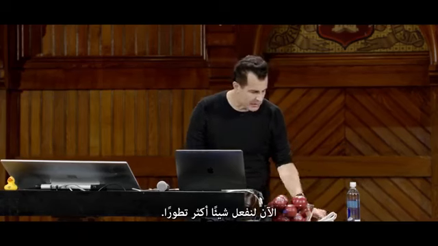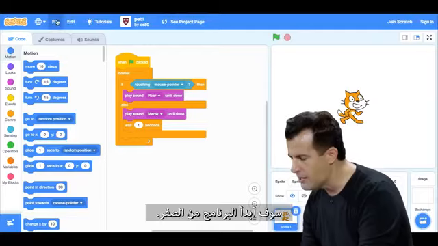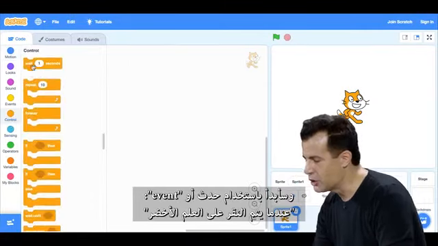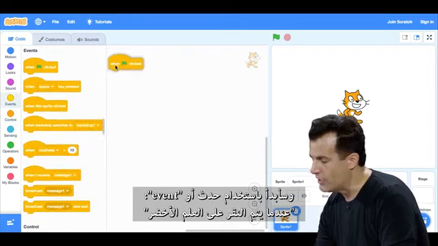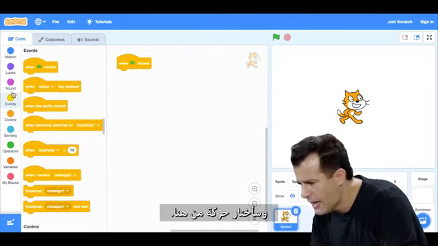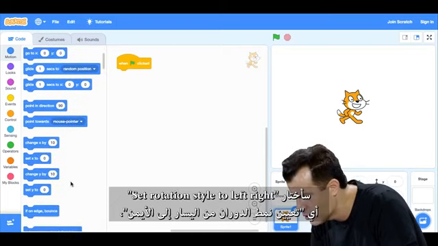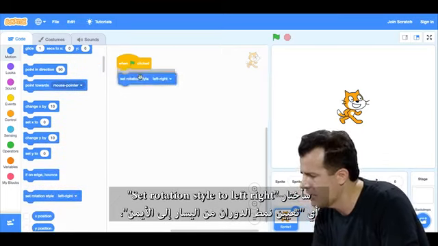Well, now let's do something a little fancier still. Let me go ahead and make this one from scratch, no pun intended. I'm going to start with an event, when the green flag is clicked. Let me grab some motion here. Let me grab set rotation style to left, right, just